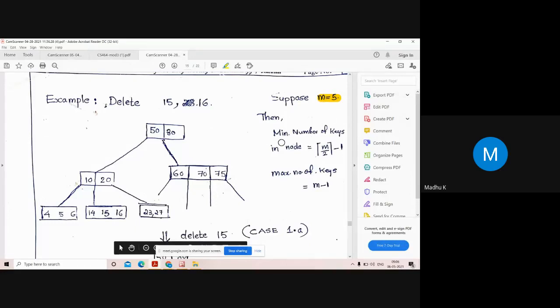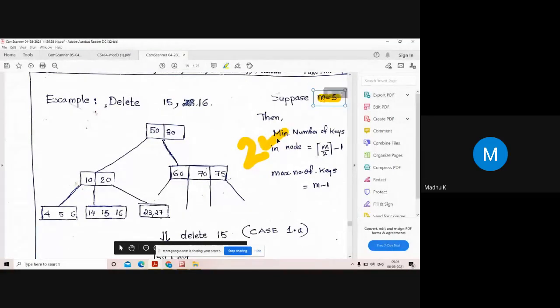The minimum number of keys allowed in a node is floor of m by 2 minus 1. In this case, 5 by 2 is 2.5, it is floored to 2, and 2 minus 1